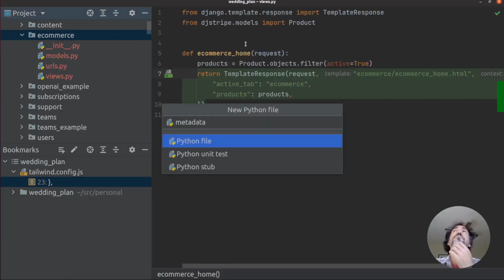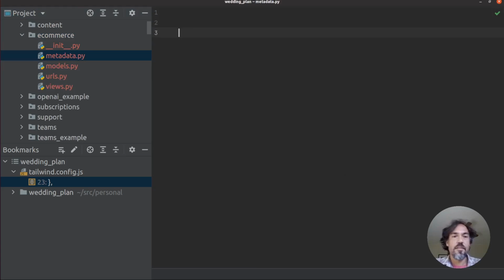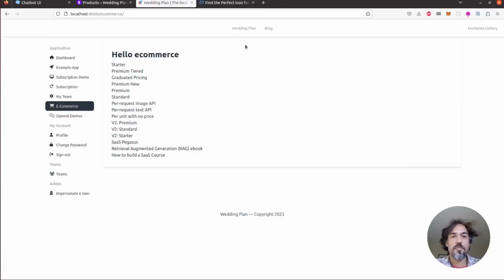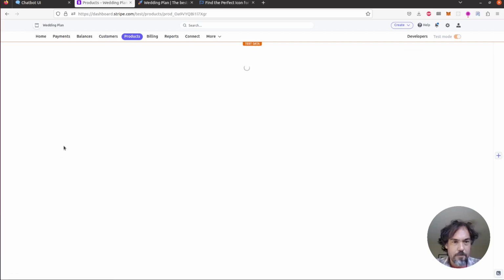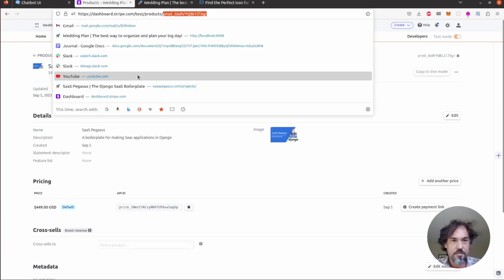But for now, I'm just going to do something like active product IDs. And eventually this will be a setting or something, maybe, I don't know. But for now, I'll just grab this one